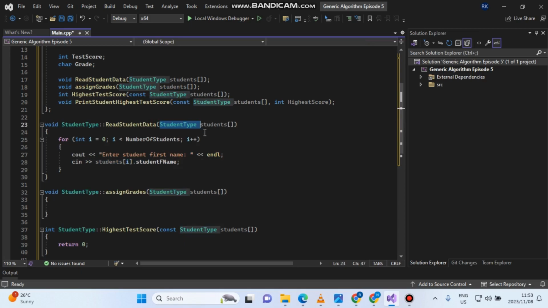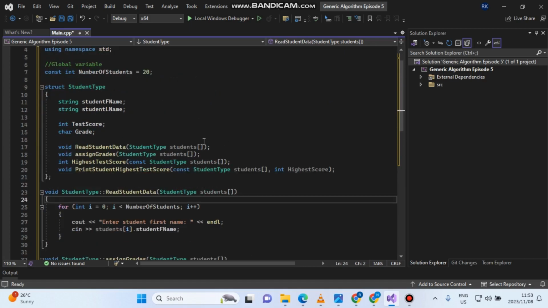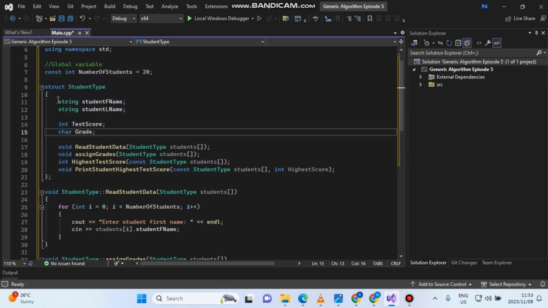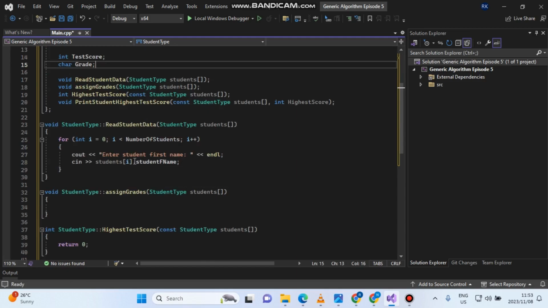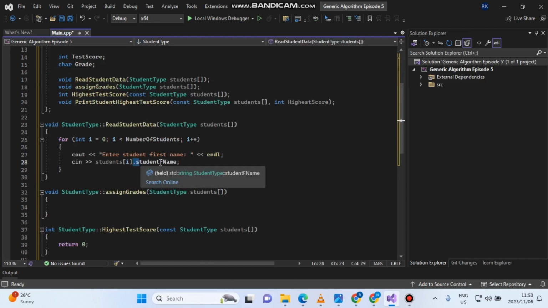This student type here is a new data type, which means we're creating an object of this student type called students, which is a form of an array. Now this students is an object of the student type. That's why this students array variable can use all those variables declared in the scope of this. As you can see, we can use this dot operator to get the student's first name from that. So after this,